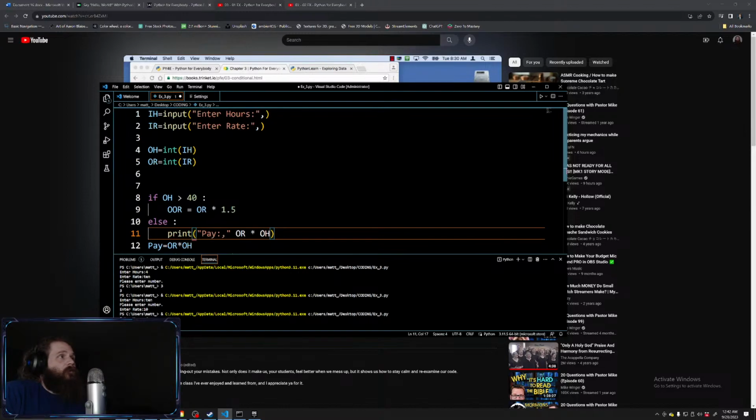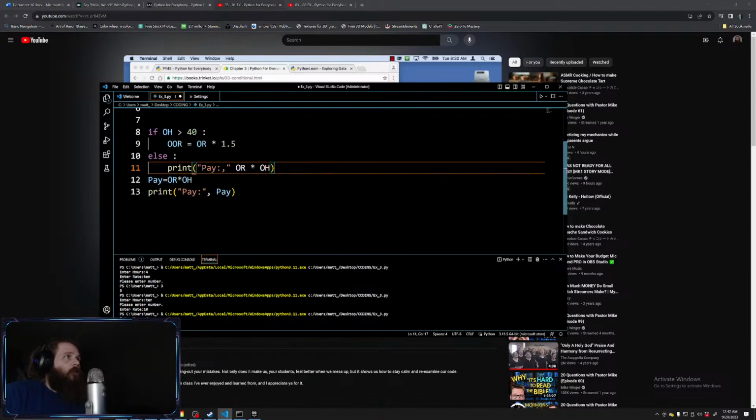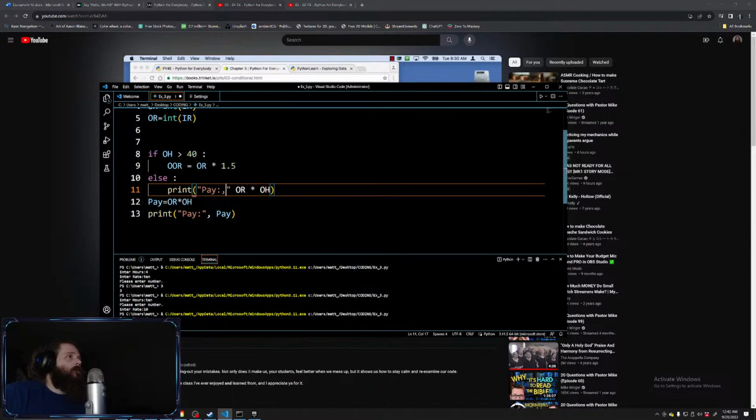If hours is greater than 40, then out or overtime output rate equals output rate times 1.5. Wait. Yeah, no, that's right. Else, basically meaning if it's not over 40, print pay, basic hours by rate. So